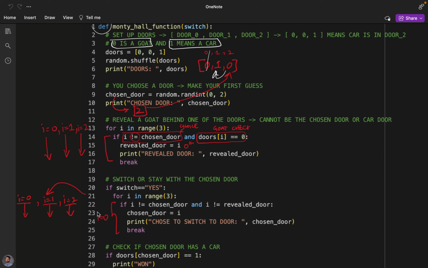For this first case, we have I = 0. Is 0 not equal to the chosen door? The value of the chosen door, if we remember correctly, is 2. Right? So 0 is not equal to 2, which it really is not, which means this specific check results in a success,